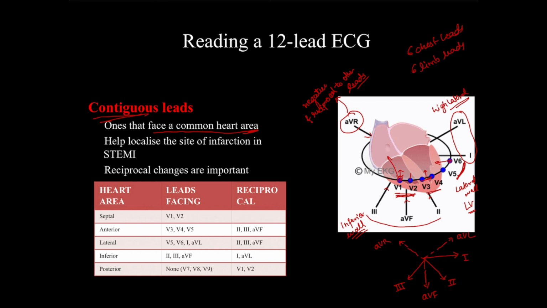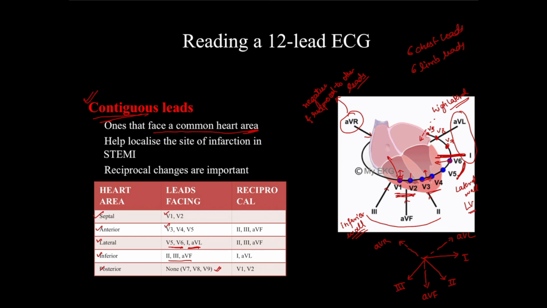Okay, like if we talk about the septal, V1, V2 are the leads facing the septal area, anterior V3 and V4, lateral V5, V6 and high lateral 1 and AVL. Inferior wall is looked at by 2, 3, AVF. And posteriorly, as you can see, the leads get finished before the posterior axillary line comes. So there is no actual lead which looks into the posterior wall, which is lying behind. However, additional leads can be taken, called V7, V8 and V9, which look into the posterior wall of the heart. Now these are the contiguous leads.